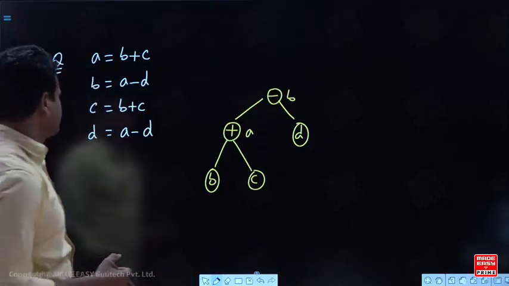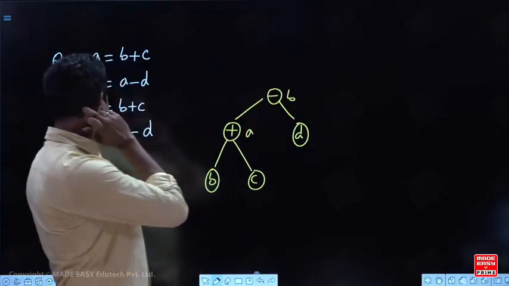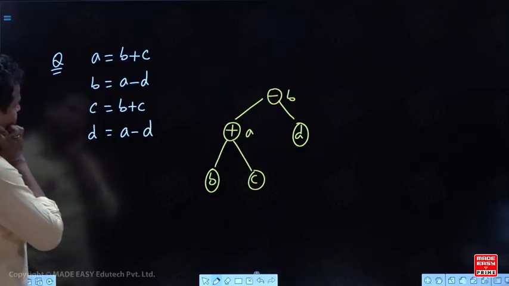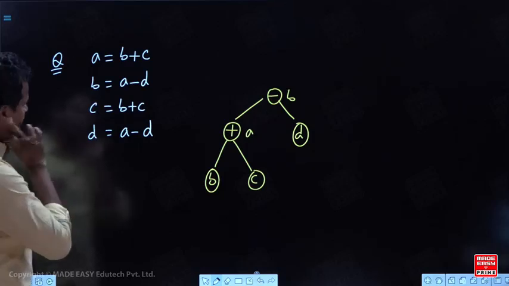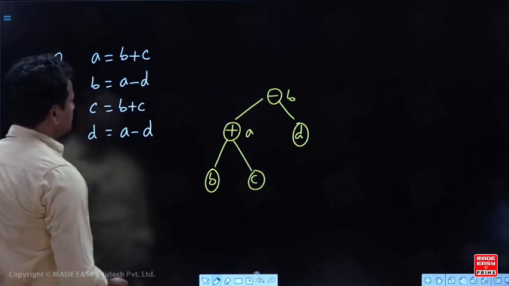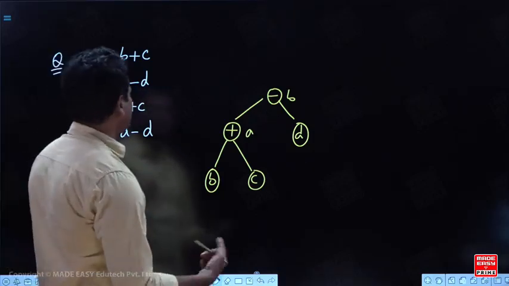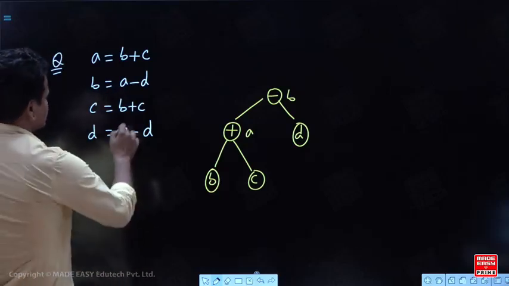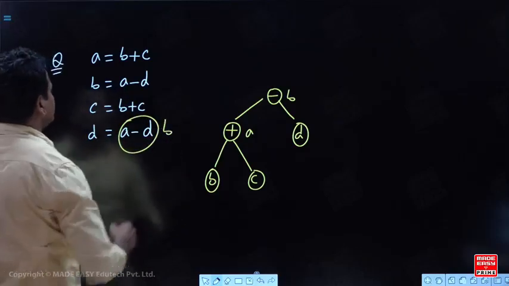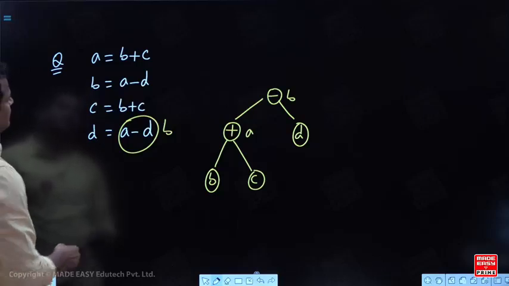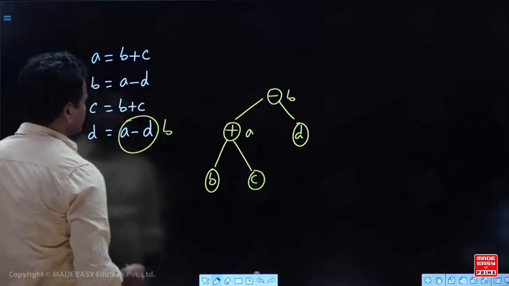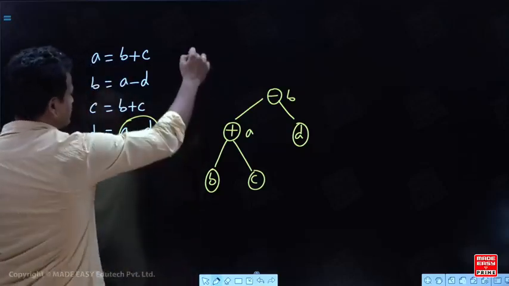Then B plus C, B plus C. Before going to this, you must check for the common sub-expression. This is B only, na? And B plus C is not the same. Okay, I am going top down.